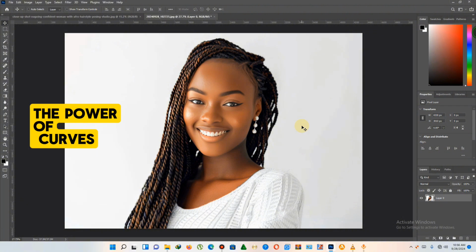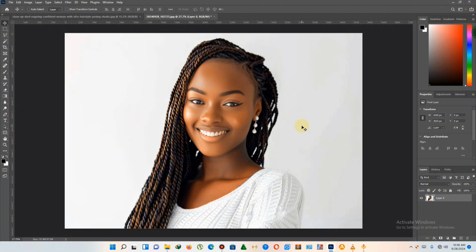This tool lets you adjust your photo brightness and contrast with precision. Simply tweak the curve to enhance the shadows and highlights, giving your image that professional touch. And I have a full video on how to adjust the brightness and contrast of your pictures, and here's the video, so you can go check it out to know the different kinds of level adjustment you can use